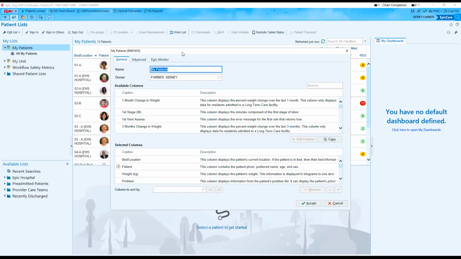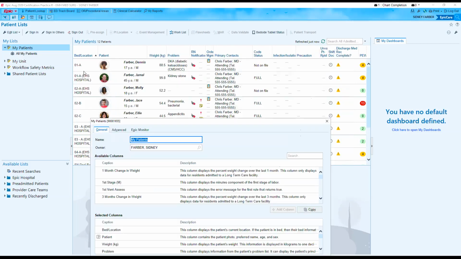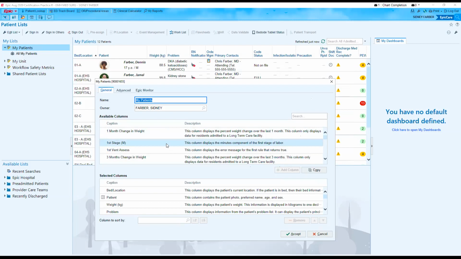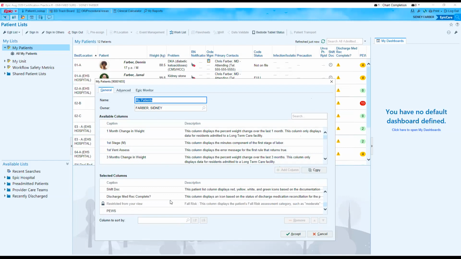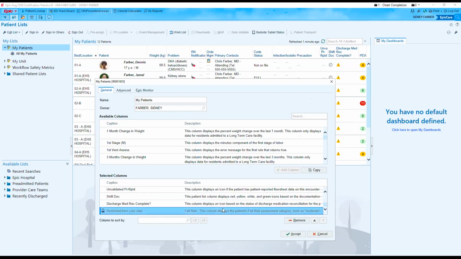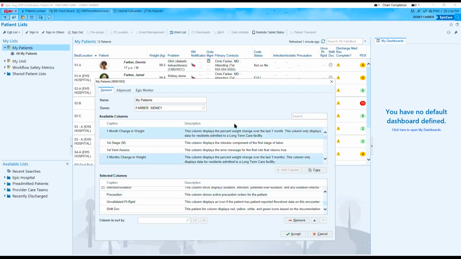The options they see right here, which are the bed and location, the patient weight, problem, this is where to add them. You see this available column is a column they have within the system, and the selected column is the one they currently are using. Just like this, you can always remove what you feel is not relevant to you, and then you can add more. So let's say with this, they want to see